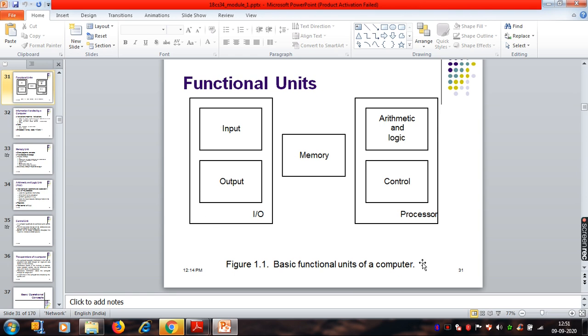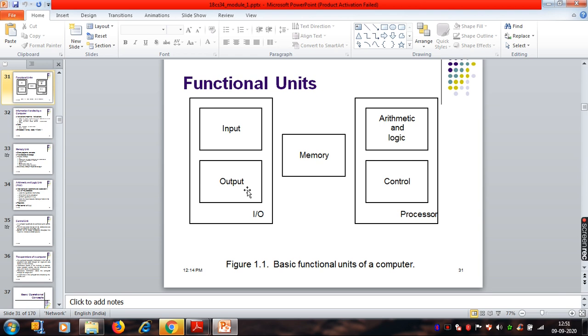What you know is the keyboard and mouse, which are quite general in nature and which you are all very much familiar with. Then what are output devices? Maybe your console, that is your monitor, or a printer. These are a few general output devices which you are familiar with.